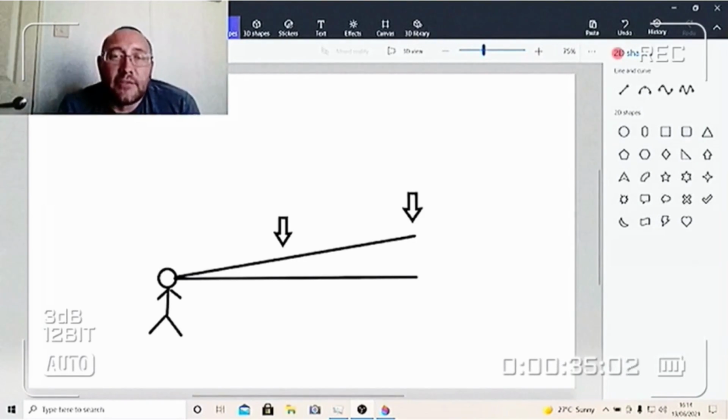Alright, this is going to be a quick one for Nathan Oakley, because he still doesn't seem to realise that if you don't change the angle for your angular resolution, increasing the distance will allow for a larger viewing area. So, Nathan, this is the angle of the angular resolution for this person. If he's looking at an object at point 1, the left arrow, the small area that he will have trouble reconciling is between the top line and the bottom line. If he then increases his distance from the same object, so that it is now at point 2, as you can see, it is almost twice the amount of area that he will have trouble reconciling objects in. So, if you increase the distance, it increases the area of angular resolution without changing the angle.